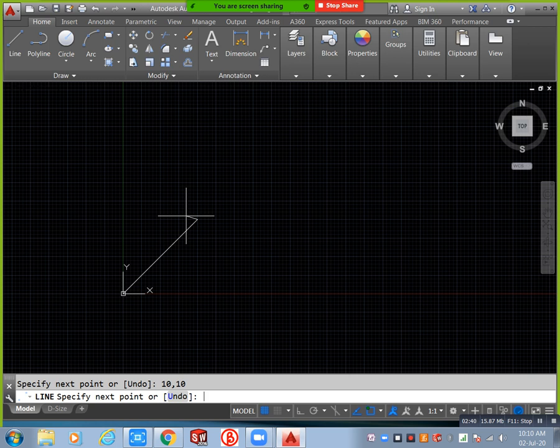I will go again, 20,10. Okay, again you can mention 10,0. Again mention 0,0. See, this is my figure. Now I need to check these points. Okay, point A, point B, point C, point D. We have 4 points and this is a closed profile. I need to check once. Already I mentioned the points. Finally I get the result also, but I need to check my data.